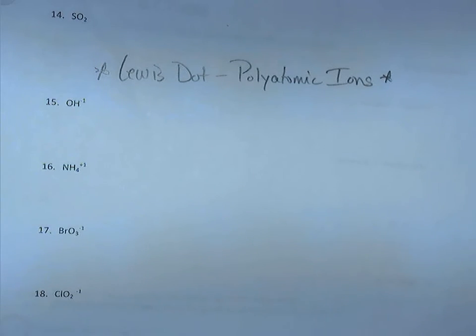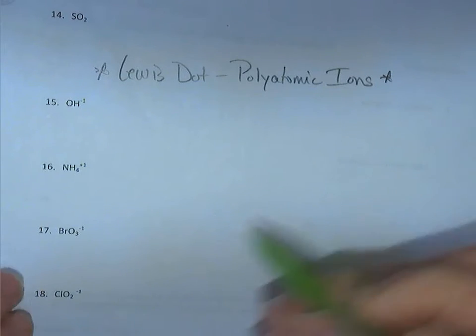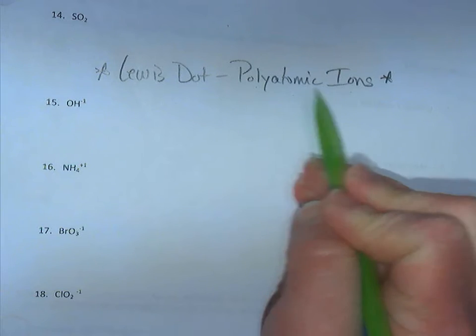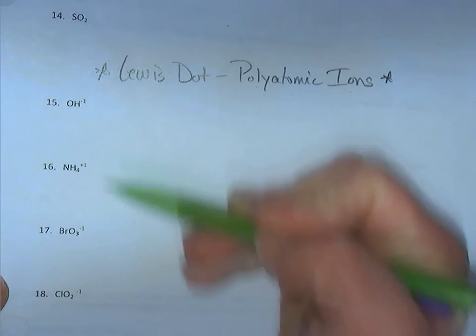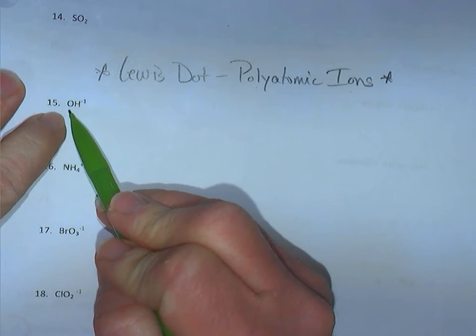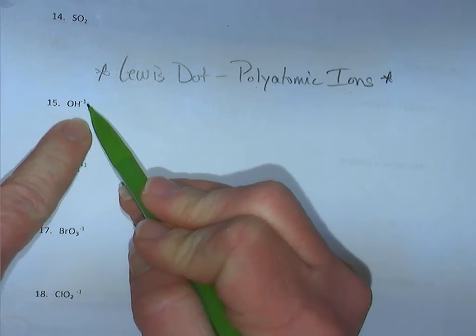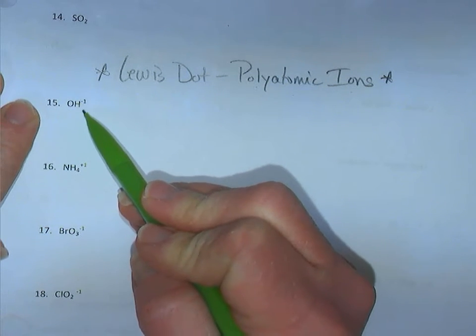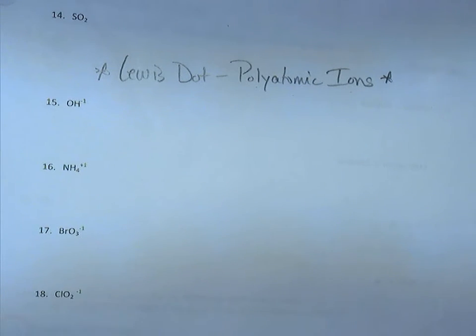This tutorial will guide you through creating Lewis dot structures for polyatomic ions, many-atom ions. We've been presented these. This is not neutral. There physically was an addition of an electron that we perceive belongs to the whole entire structure. So whenever we construct the Lewis dot diagram, it has to reflect that. I'm going to lead us through the method that I encourage us to use, which will lead us most directly